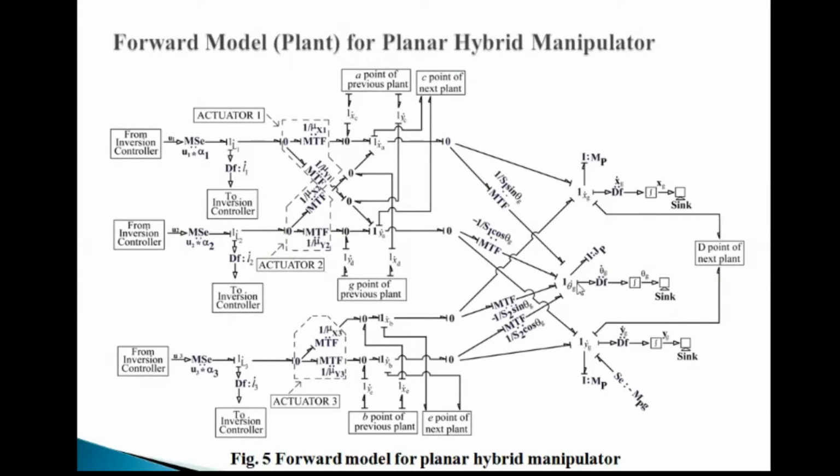So all the kinematic equations are modeled here. Similarly, xg dot, yg dot, and theta g dot represent the linear and rotational velocities of the center of gravity, where we have taken the mass of the platform as well as the mass moment of inertia of the platform. These velocities will be sensed by these DF elements, which are basically flow sensors. So this is the forward dynamics model, where the input is the force in the legs and the output is the linear and rotational velocity of the center of gravity.